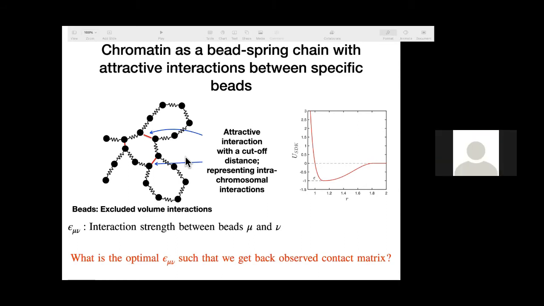Because in the DNA looping theory, what happens typically is the contact probability peaks around 3 times the persistence length. Here, what kind of peak location do you see? So I haven't done contact probability as a function of contour length. Because there are these interactions, things change. There are some interesting results there. Probably I can tell you in a different context, but I haven't looked at contact probability as a function of length.